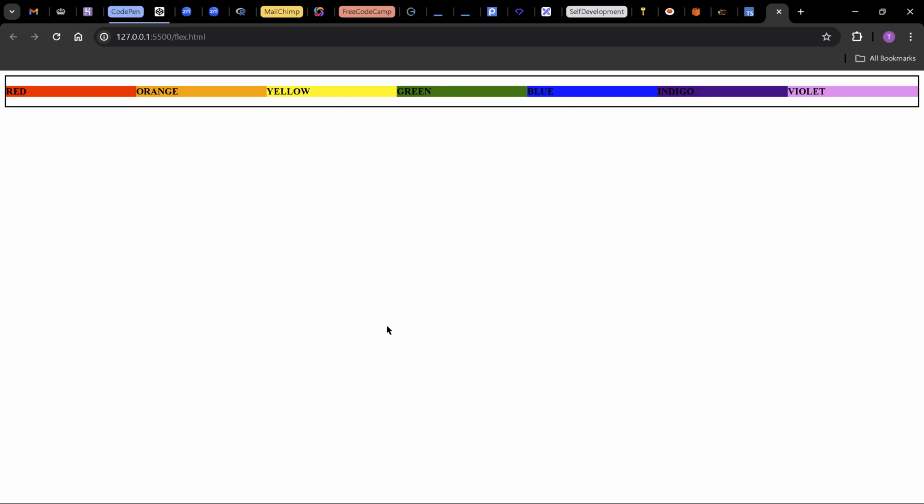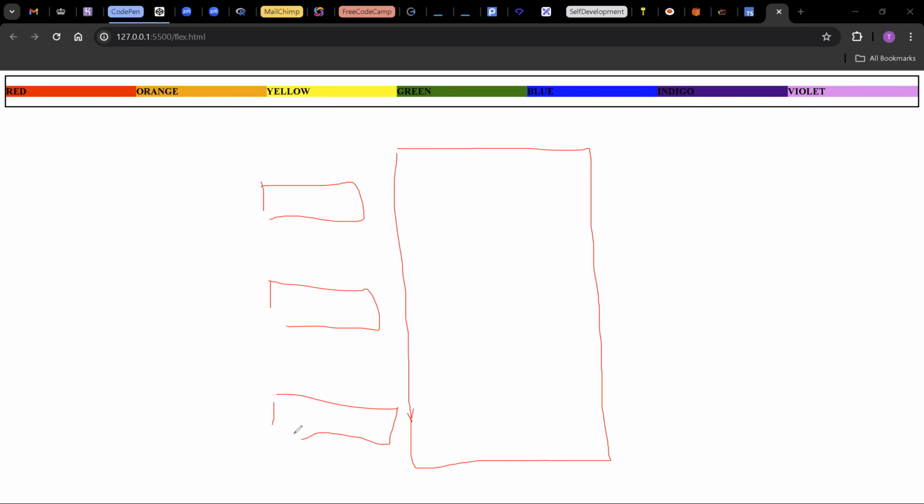Then there's a ratio going on here. Let me explain. Let's say you have this container and you have 3 items. I'm going to draw these items outside here. If you put flex 1,